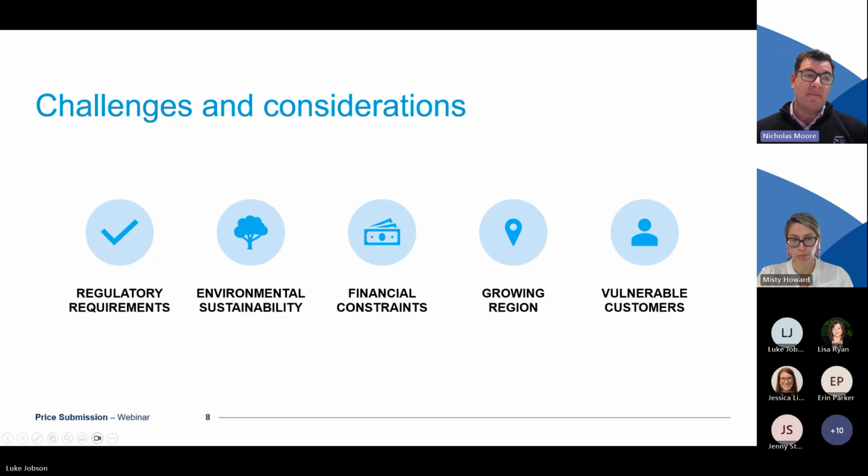So the key challenges and considerations for our business. There's several. We must balance strict compliance with the regulatory requirements of the Essential Services Commission, Department of Health, and the Environmental Protection Authority, who regulate our wastewater treatment plants. At the same time, it is essential that these align with our submission, and we also address our customers' expectations